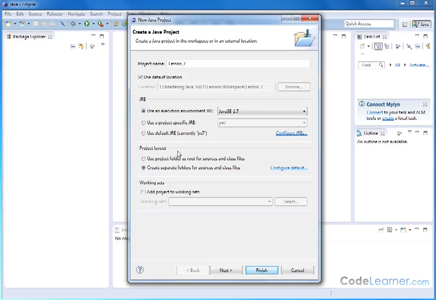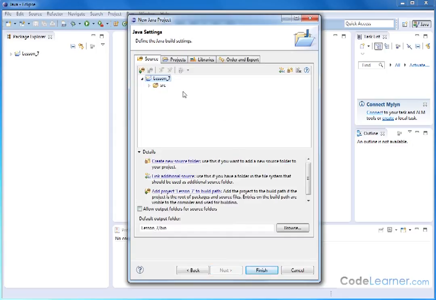All of this stuff can stay the same, and we're going to create separate folders for the source file and the class file. That means that instead of lumping it all together, Eclipse is going to create a separate folder for the output of the class file. You can hit the next button and see what's on the next tab. Basically, it's just telling you it's going to create a source folder, and the output folder is going to be